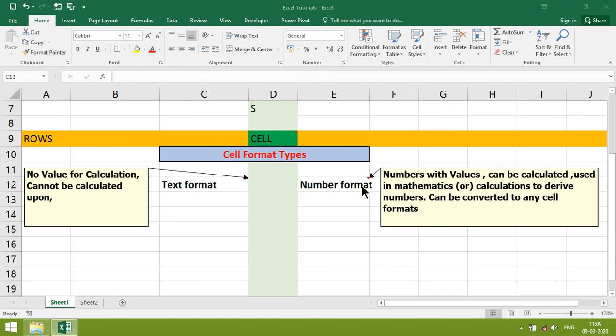We will see how to differentiate. Text format will be a combination of alphabets as well as numbers. For example, it's a text. I just give a space.